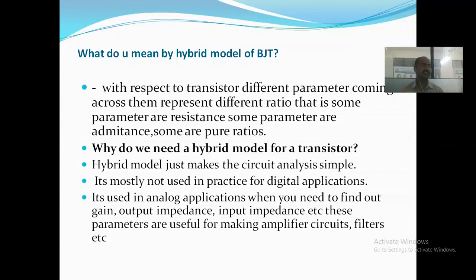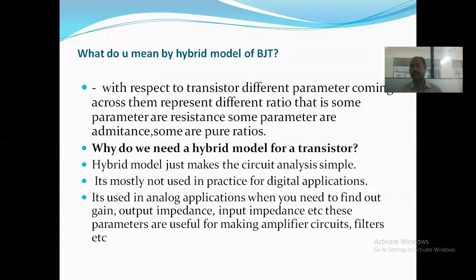When any mathematical analysis should be done, the related parameters for the analysis of any system related to the transistor, that is BJT, diode, or anything else, have to be used, the Z parameter or Y parameter. These are nothing but parameters required for the analysis of particular devices. But one of the important things with respect to BJT is that when we analyze the same thing with Z parameter or Y parameter, one problem comes.